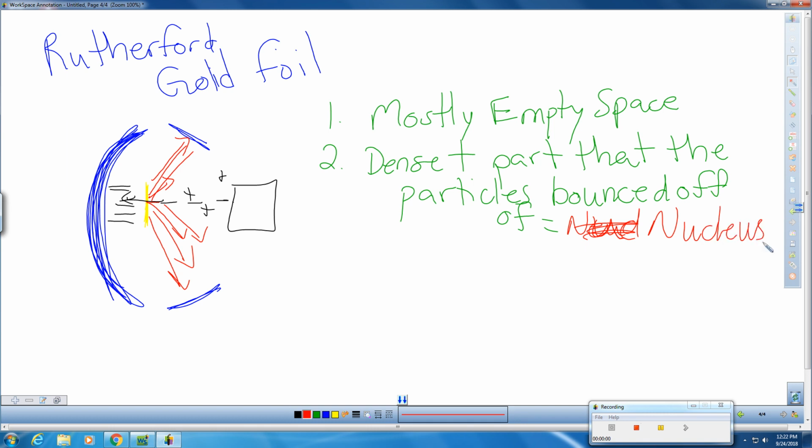So, Rutherford's gold foil experiment found a couple of things. Number one, that most particles actually shot through. Since most particles shot through, the atoms themselves must be mostly empty space. And then we also found that some of the particles bounced off. Since those particles bounced off, they must be being repelled, so there must be a dense positive part in the middle, which he called the nucleus. Again, this is one of the experiments that helped us understand what was actually going on with the atom itself.